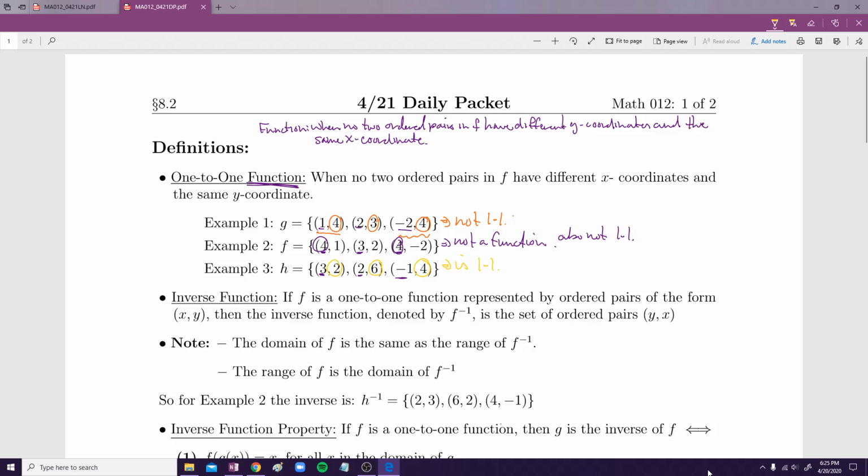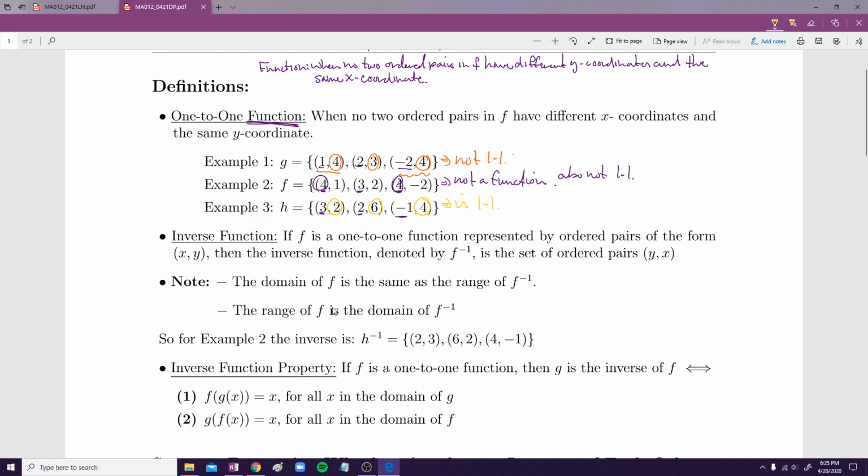So what does that mean? So look at this note over here. It says that the domain of f is the same as the range of f inverse, and the range of f is the domain of f inverse. And that makes sense because if we look at f,